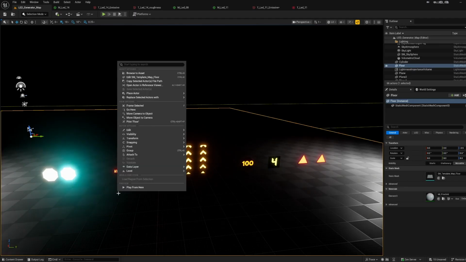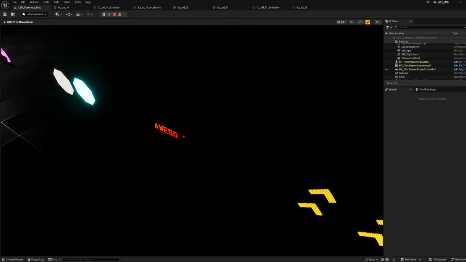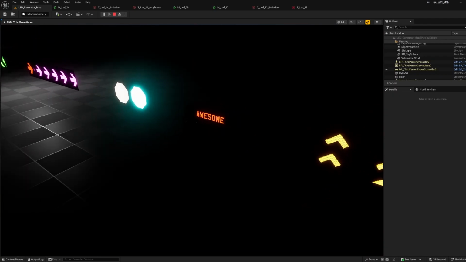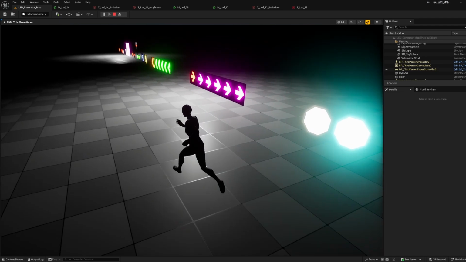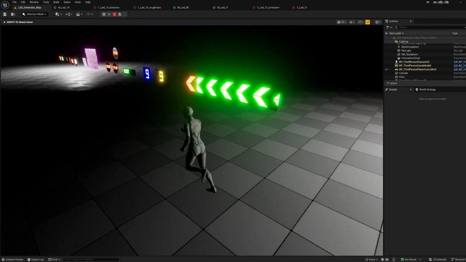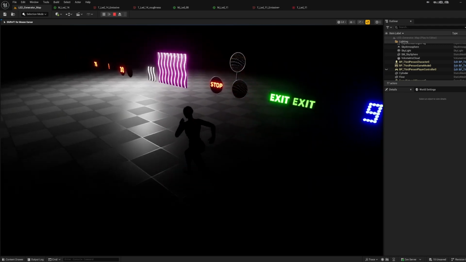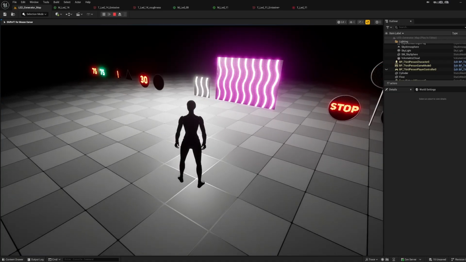But now you can see that's how you go and actually change the information on the screen. So now you can make them say awesome. You can change what these symbols are doing. You can change the numbers, you can change the colors. It does have all these settings that you can manipulate. I can't find,